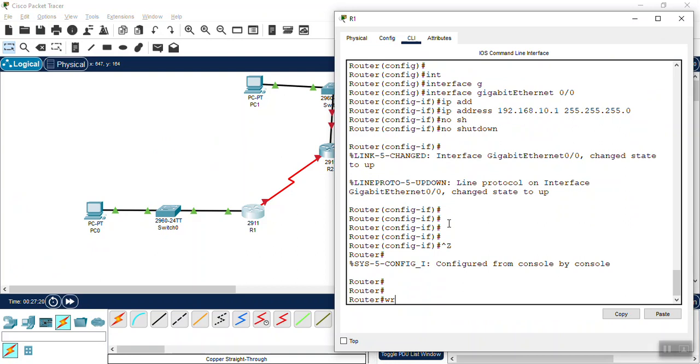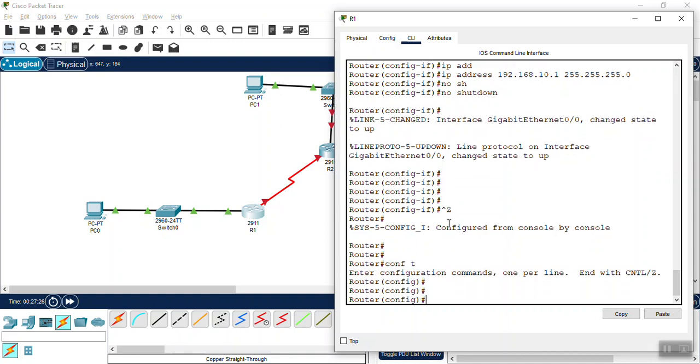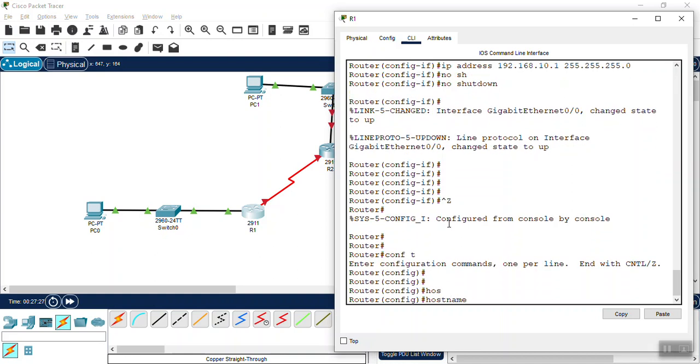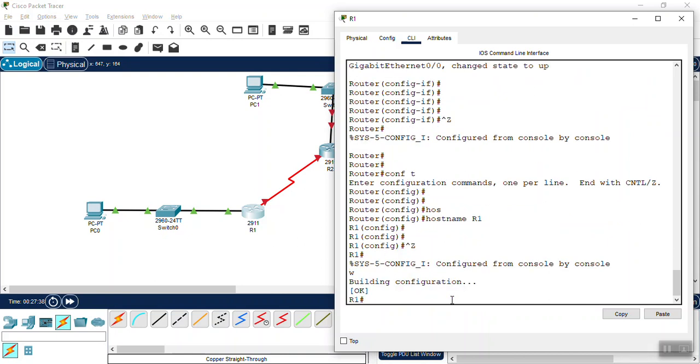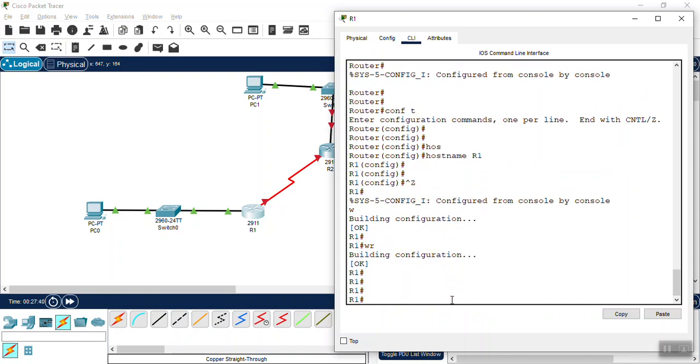One thing we have to do here is that the first command we have to configure is to change the name of the router. So the name of the router is R1. For this we have the command hostname R1, and press enter. You can see here the host name is changed. Now you will write the command WR, which will save your configuration. Okay, now we will close this router